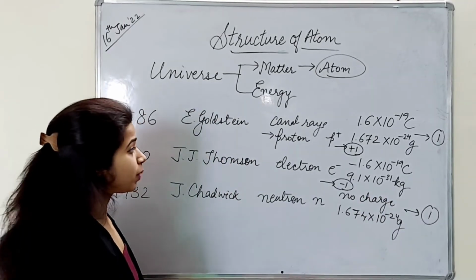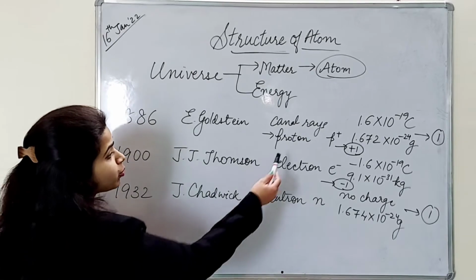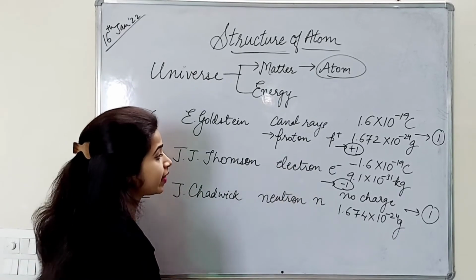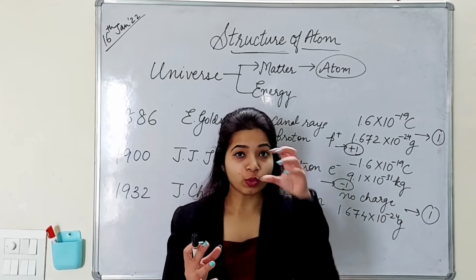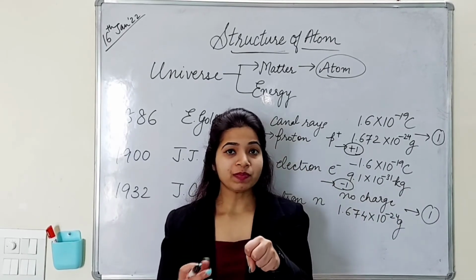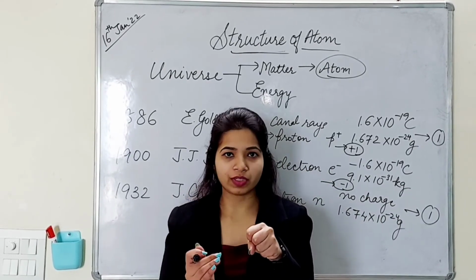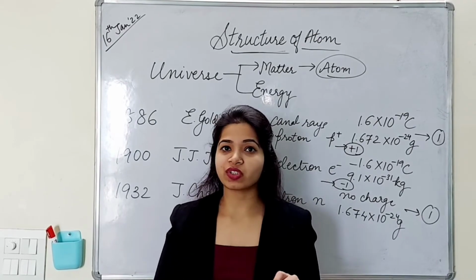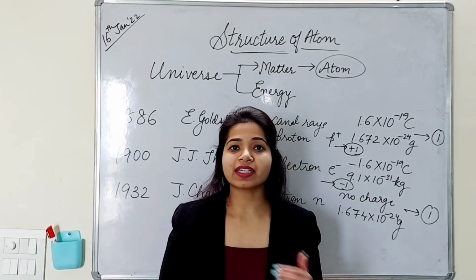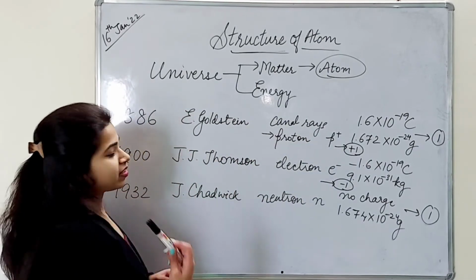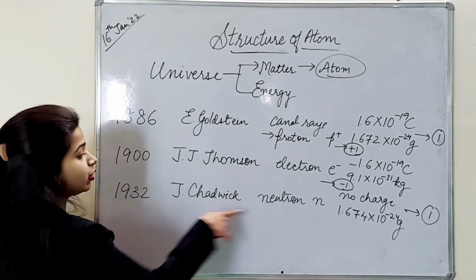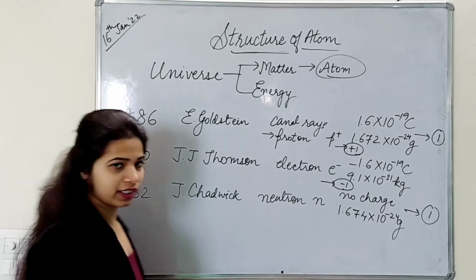So in the beginning of 20th century, it was known that the proton and electron exist. That means an atom is made up of protons and electrons, where protons are deep inside the atom and electrons are present superficially. But the exact structure was not known. So the scientists started working upon them and they tried to figure out what is the structure of an atom, and the neutron was discovered much later.